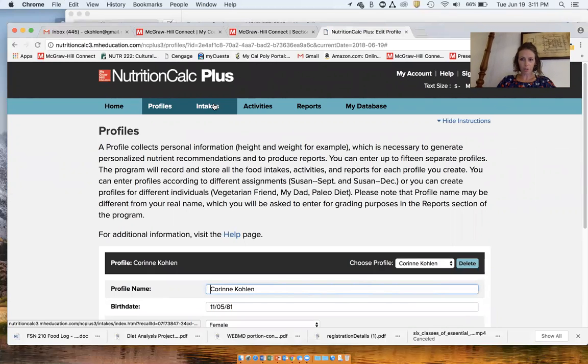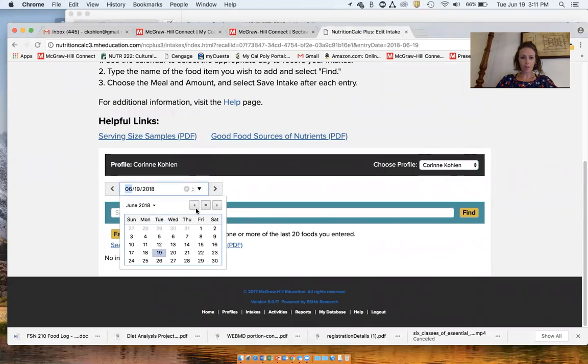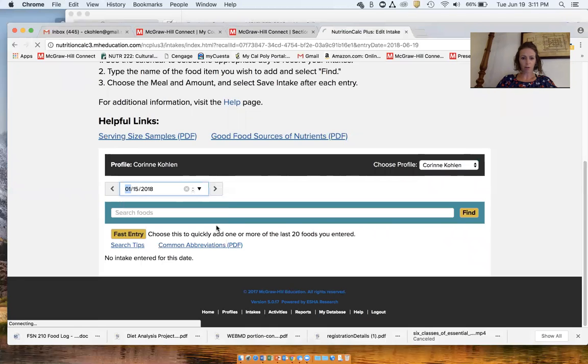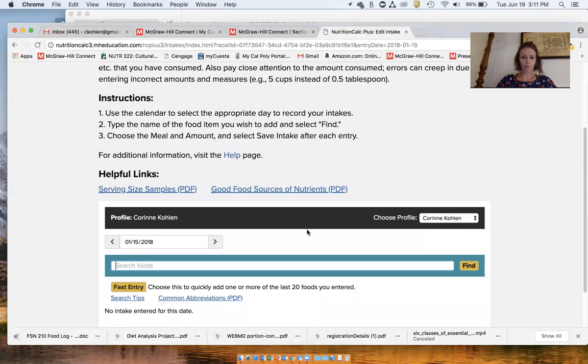And then what you're going to do is go to this intakes tab, and you can pick a particular day and start to enter the foods you eat. So you should pick the day for the date that you recorded your particular foods. I happen to have recorded those foods on my example food log for, I believe, January 15th. And so if I click on January 15th,